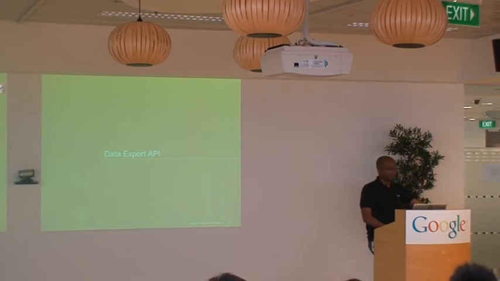Okay. All right, so I'll move on to the last piece, which is our data export API. For a long time, people have been asking for an API for Google Analytics, and we really didn't have one. What people had to do was how David showed you: they would set up a scheduled email for the XML. It would go to some mailbox on their server, and they'd run a script that would take that XML data, parse it, and then integrate it into their systems.